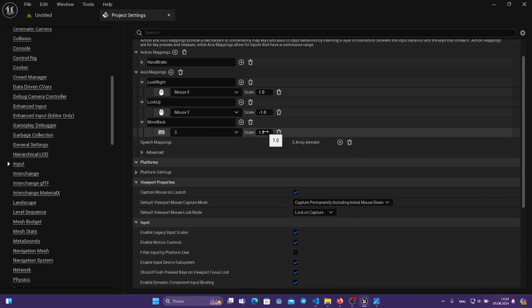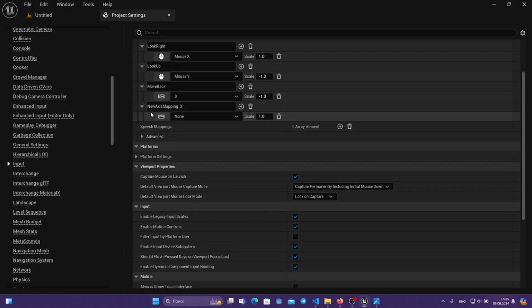Here S. In case we move back, scale -1, then move forward. Here is W, and here 1,